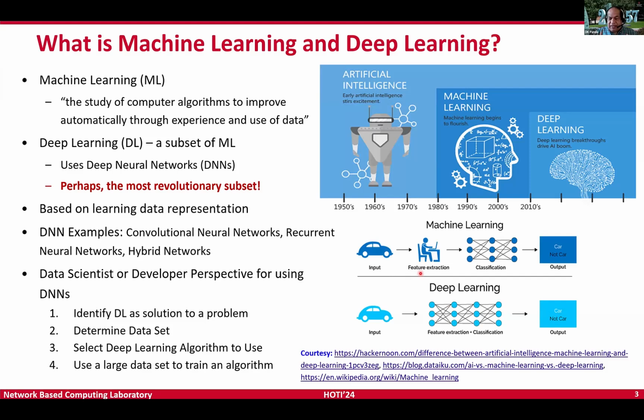Machine learning has been in the field for many years. If I have a set of inputs, the standard practice has been to do some feature extraction with the help of some person, then do some kind of classification, and then come up with that model. Then, if I have a new input, it sees what to do based on that model.